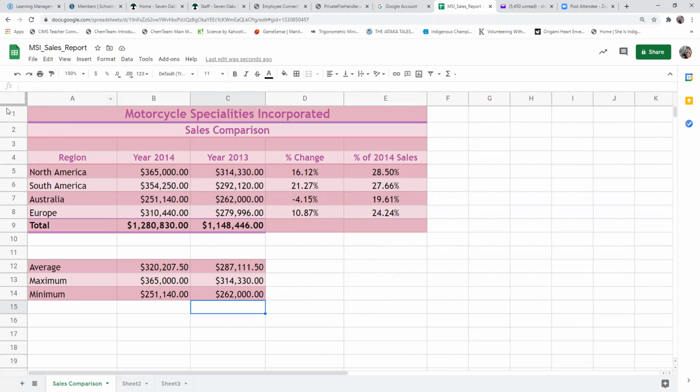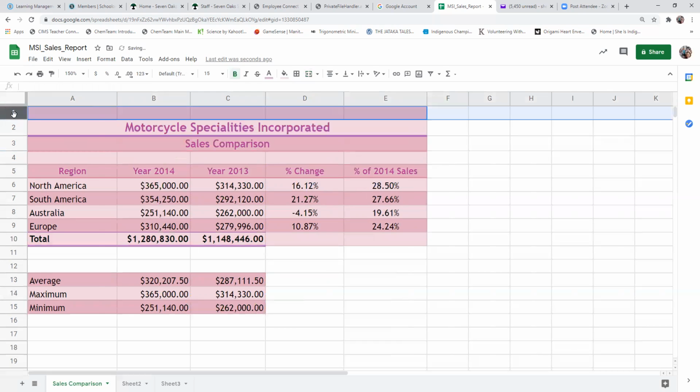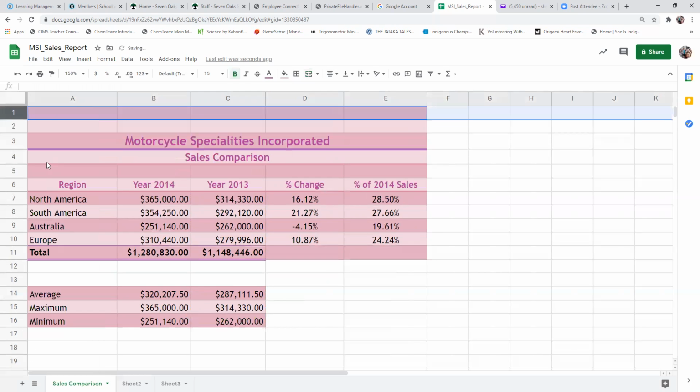One thing that can be interesting is to insert lines. So you go to the row header, not here inside the worksheet, just go to the row header and you can right click and you're going to insert either above or below. So in this case, I'm just going to insert a couple lines above. And I'm going to just put a little bit of text here